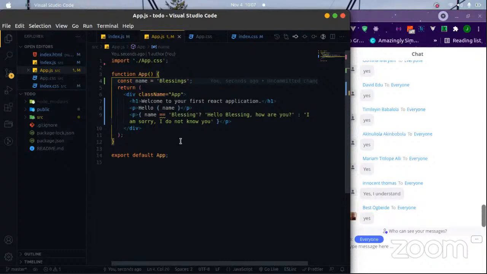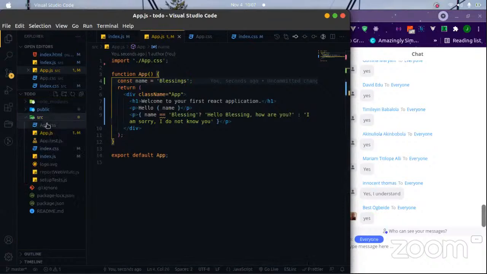So let's say, for example, we are creating a blog, and in that blog we want to show a list of blogs. A list of blogs is actually a component that can be reused anywhere. So we could use a list of blogs as categories to show the types of blogs that we have. We also use a list of blogs to show how many blogs are in a particular category and all. So to do that, all we could do is create